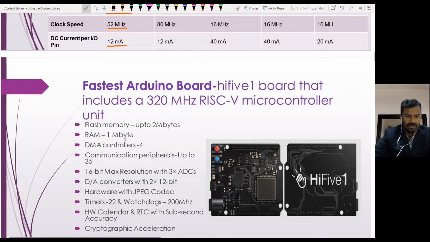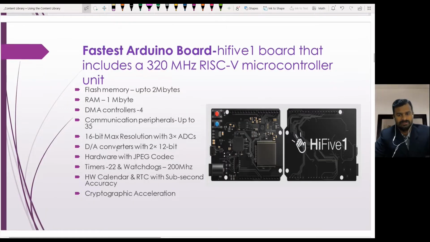For RAM we have 1 megabyte, a 16-bit resolution ADC is available, we have 22 timers, and watchdogs at 200 megahertz. We have many features available in this particular type of Arduino board.